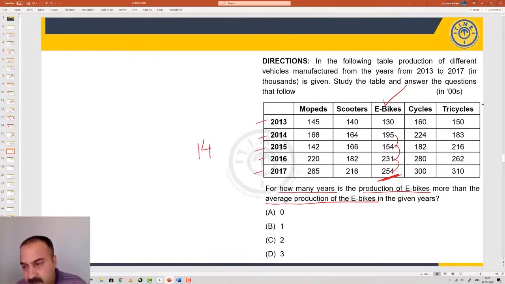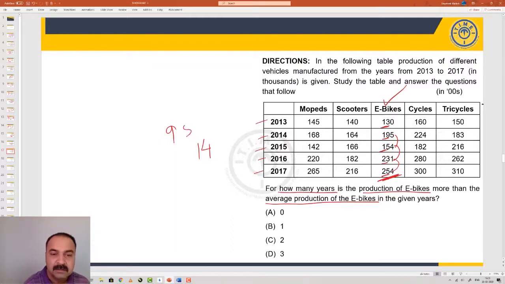Then I add up the two digits, 13 plus 19, which gives me 32. 32 plus 15 gives me 47. 47 plus 23 gives me 70. 70 plus 25 gives me 95. But this is not 95. These are all with a 0.